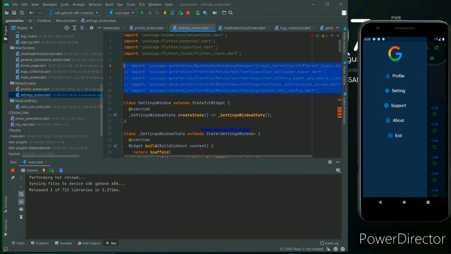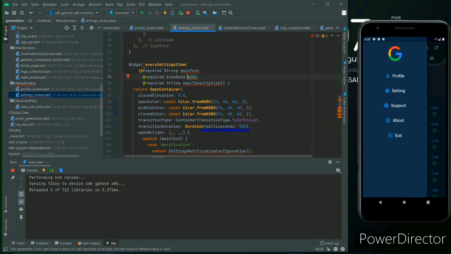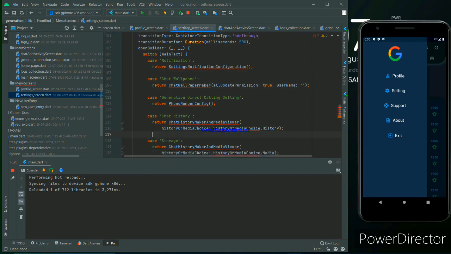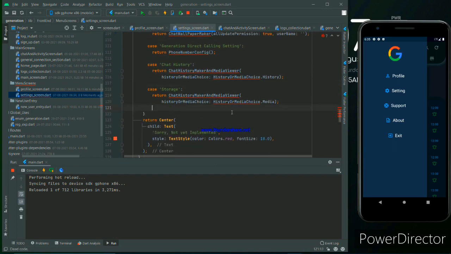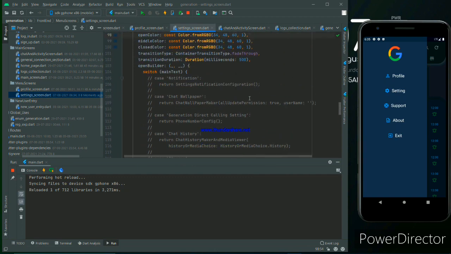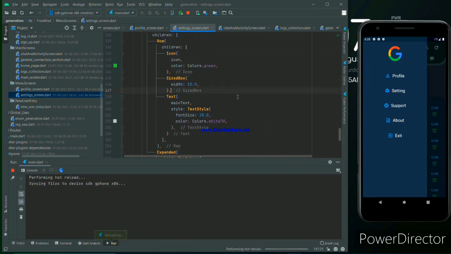Let's deactivate all the stuff because we do not use it in that manner, and that will be required, because in the null safety version @required changes to required. Okay, no need to use break because this is returning right there, so there is no purpose to execute that stuff after the return. And we do not make another function as well, so we deactivate that. Okay, I think there is no problem.